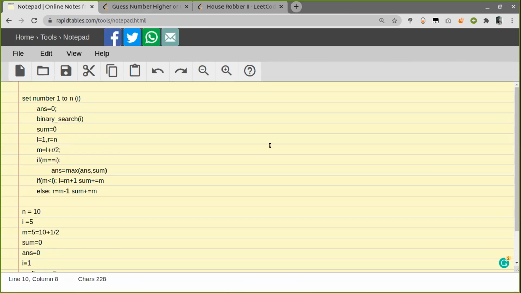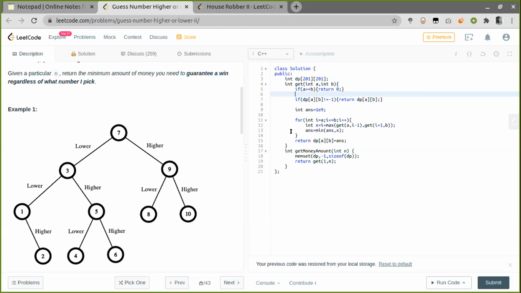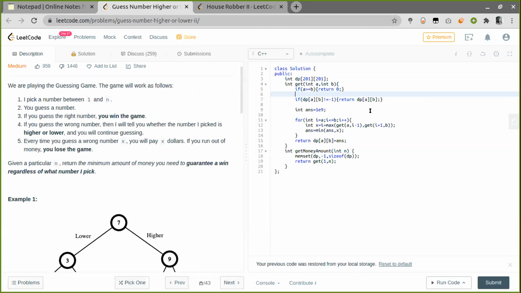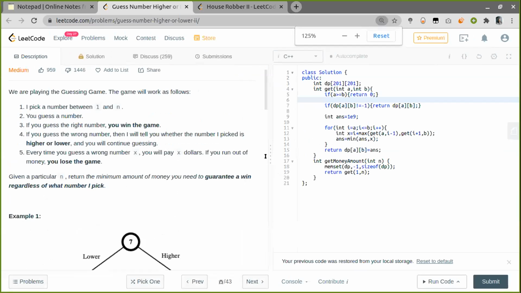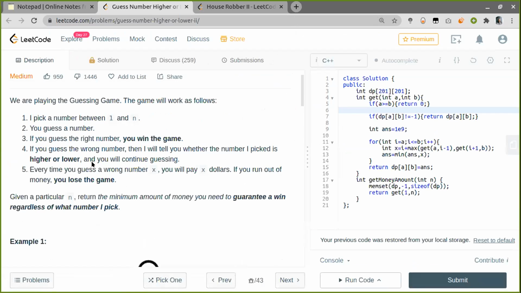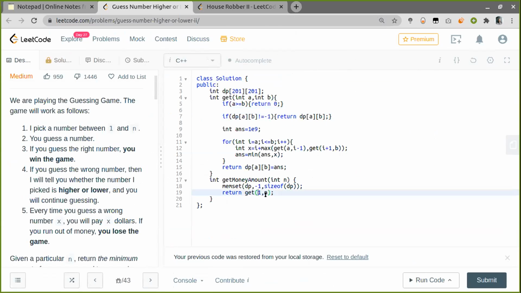Okay. Since the problem actually looked like egg drop, I did this with the same approach as egg drop, where I fix the start index and the end index, which will be 1 to n. And the base condition is if the start index is greater than or equal to the end index, it returns 0. This is the memoization. So the main part is from here. It will iterate from the start index to the end index.